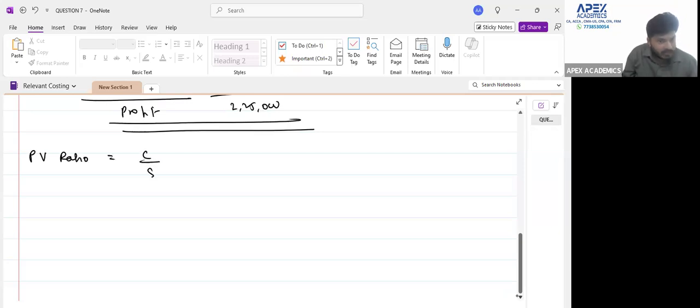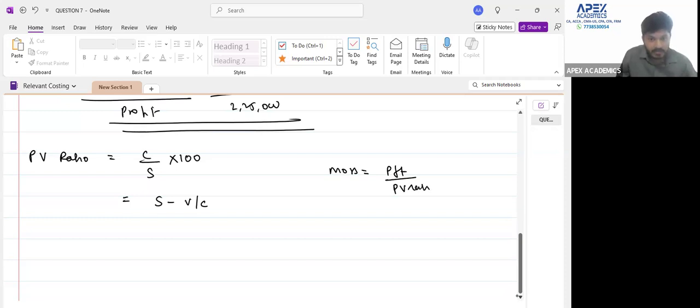पीवी रेशो का फॉर्मूला है कंट्रीब्यूशन अपॉन सेल्स इनटू 100, एज सिंपल एंड एज क्लियर एज दैट। अब कंट्रीब्यूशन का आपका फॉर्मूला क्या है? सेल्स माइनस वेरिएबल कॉस्ट। अब आप एक बात मुझे बताइए, क्या इस सेल्स को हम किसी भी तरीके से मार्जिन ऑफ सेफ्टी में एक्सप्रेस कर सकते हैं क्या? मार्जिन ऑफ सेफ्टी का फॉर्मूला क्या है? मार्जिन ऑफ सेफ्टी इज इक्वल टू प्रॉफिट अपॉन पीवी रेशियो और प्रॉफिट अपॉन कंट्रीब्यूशन पर यूनिट।